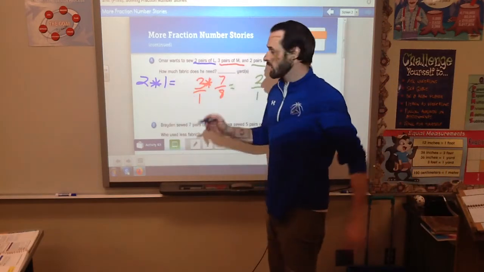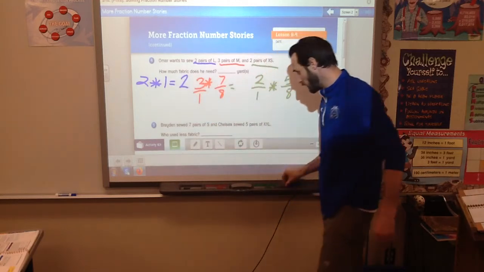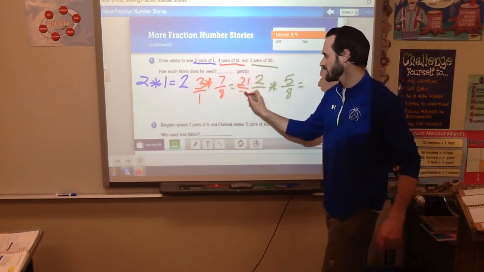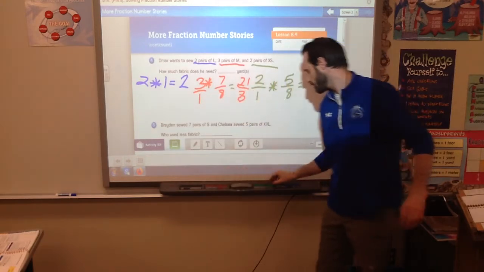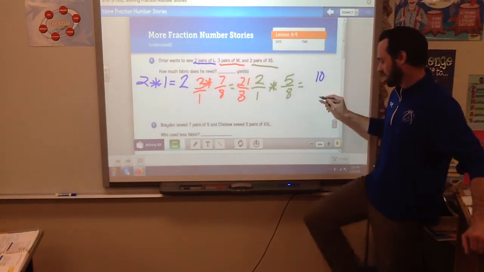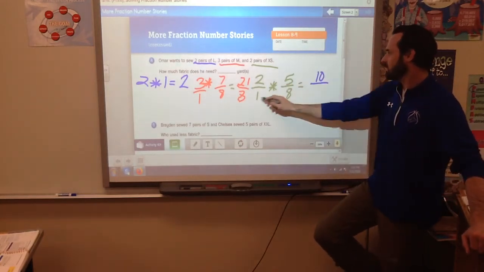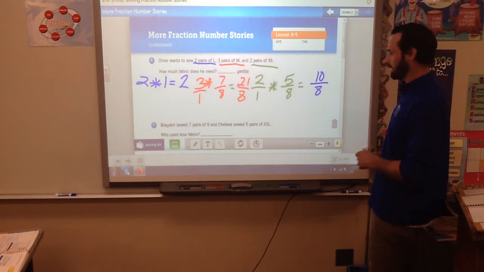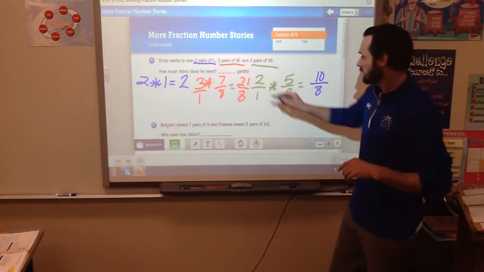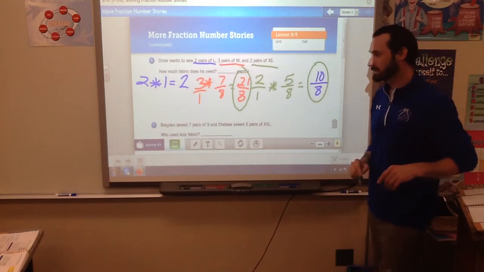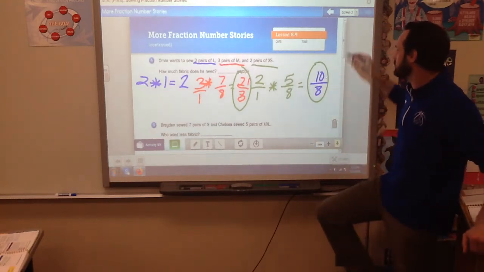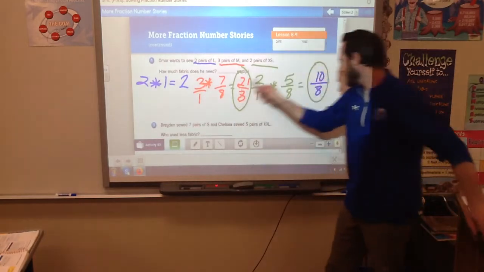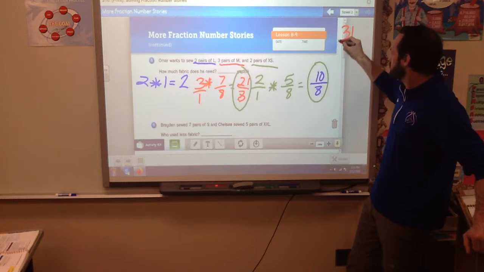Alright, so here we go. This one's super easy. 2 times 1 is 2. Now solve the red and the green. 3 times 7 is 21. 1 times 8 is 8. Over here, 2 times 5 is 10. 1 times 8 is 8. Okay, so with these two, I think what I would do first is just combine them because they're both 8s. I have 21/8 and 10/8, and 21 plus 10 is 31/8,